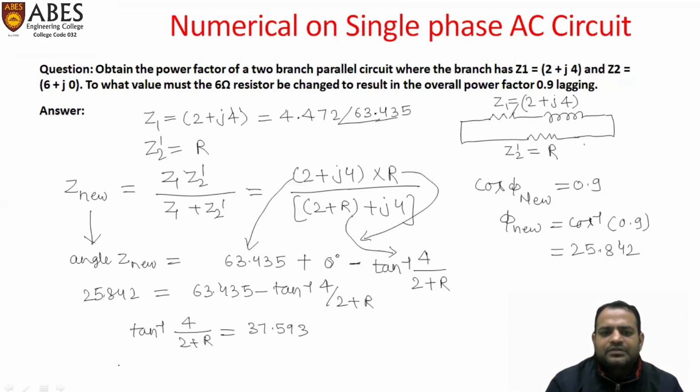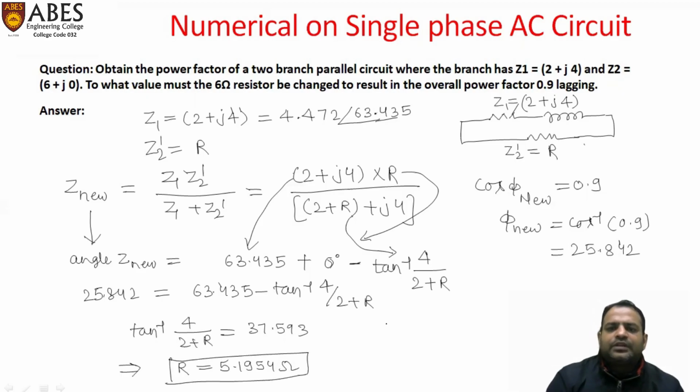And after solving this term, we will get the value of R, which is 5.1954 ohm. So this is the new R